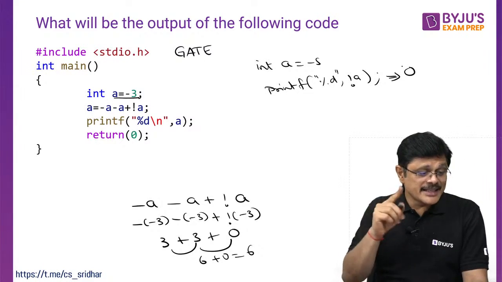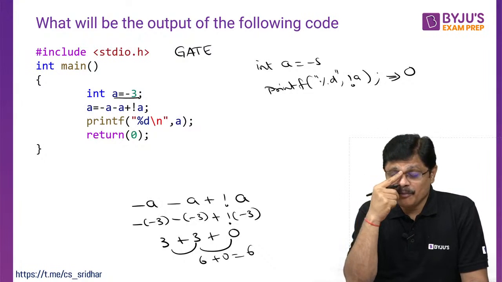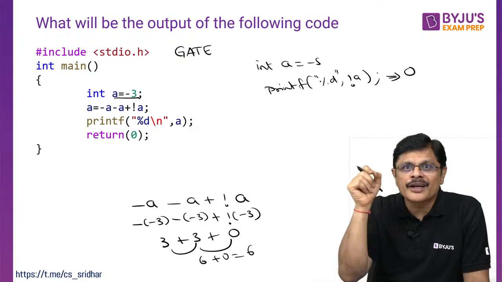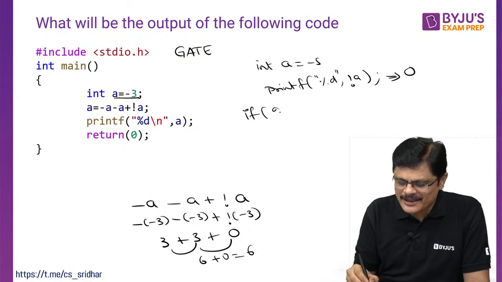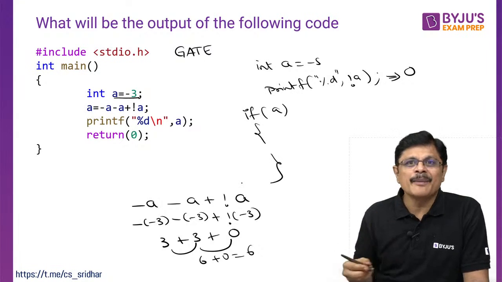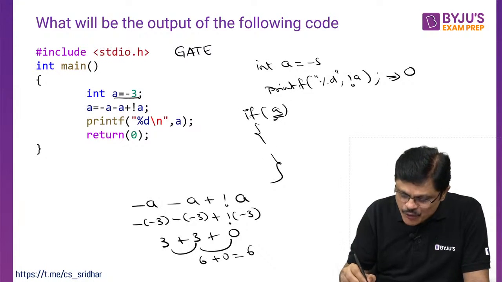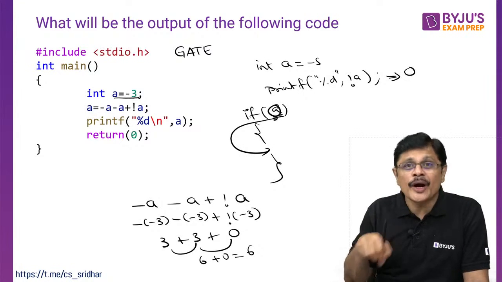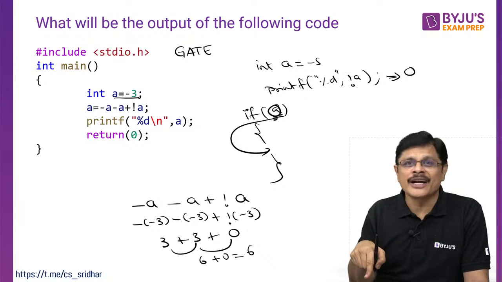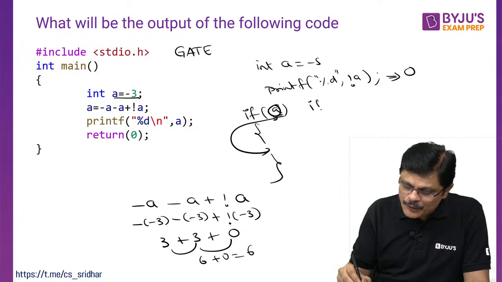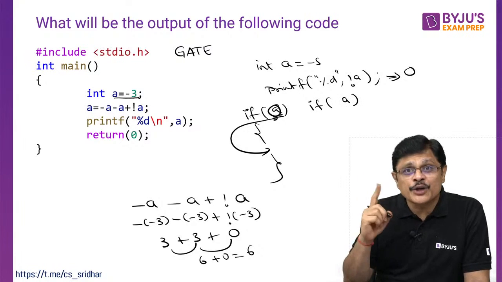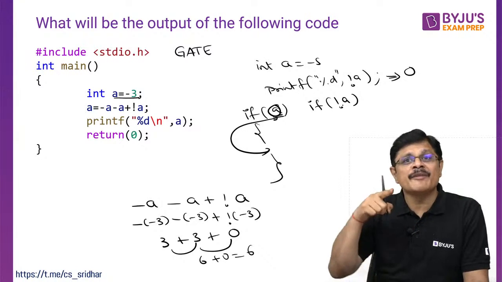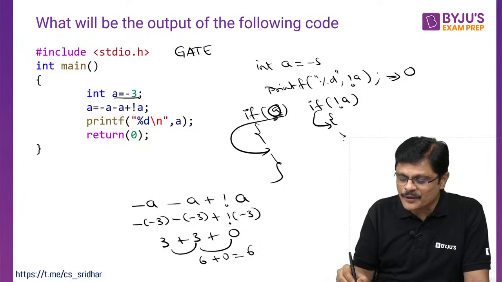Note that point. This is a simple point which I told you, but when you write a program, people again get doubt whether I should put not A. Sometimes we write a program like this. What I am interested in is: if it is 1, true, I enter this. If it is non-zero, I enter. If it is 0, I will not enter. So if you want to enter when the value of A is 0, then we take not of A. A being 0 means not of A becomes 1, then you enter the block. That is how they design this, my dear friends.